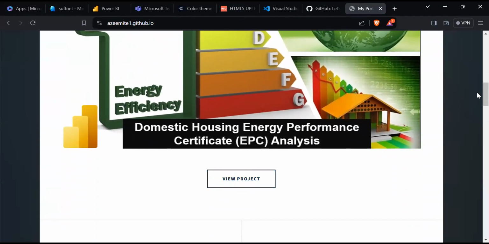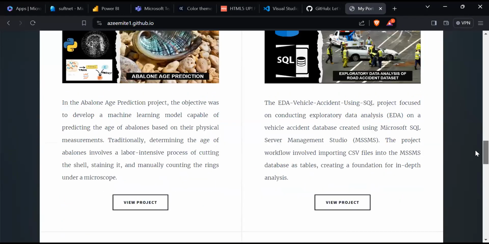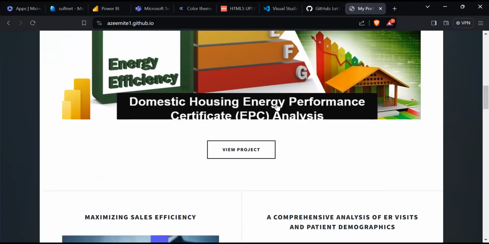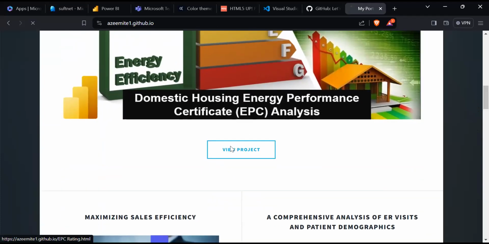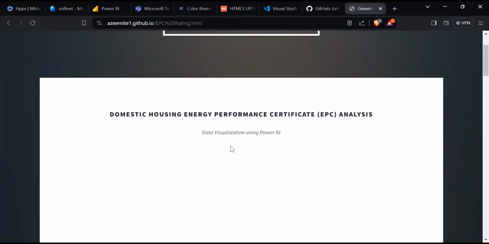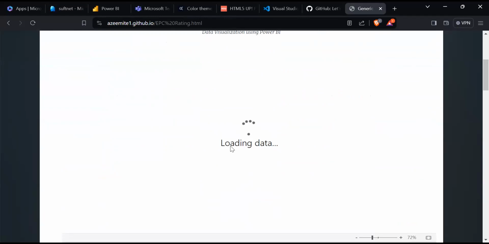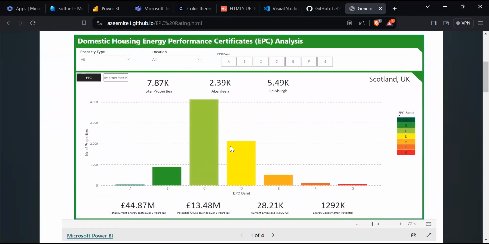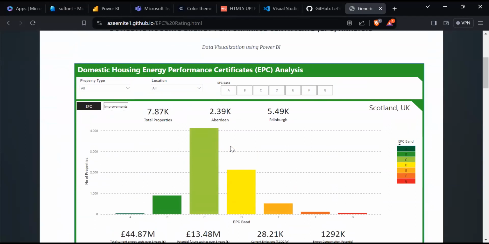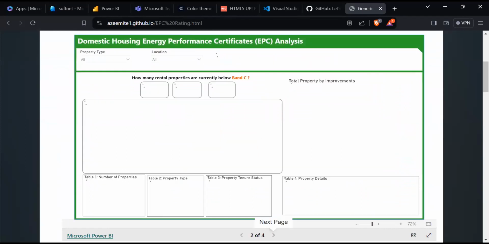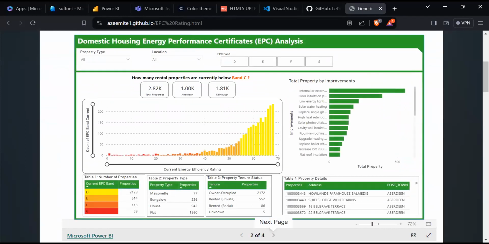Just imagine if I signpost people to this, or I put this on my CV, they go there and think, okay, this guy has done something. Let's see what he has done. And they will see all the dashboards that I've done, the write-up. This is actually interactive, because what I've done is publish this to the Power BI service so that people can even interact with it.